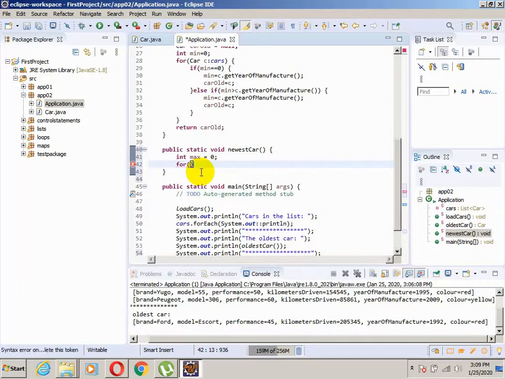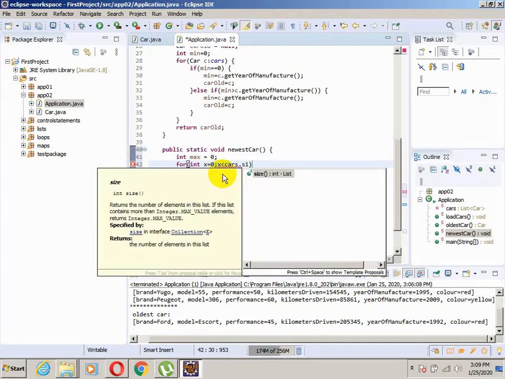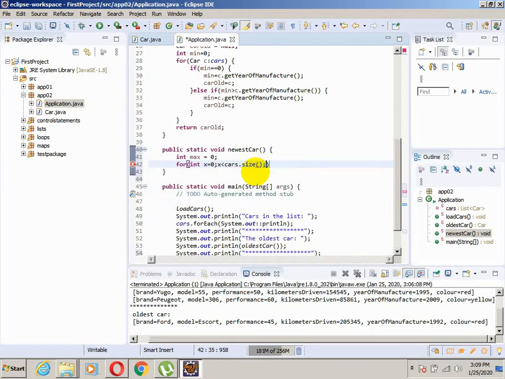For it will be integer x equals to 0, x will be less than list of cars dot size, and we will have x plus plus,